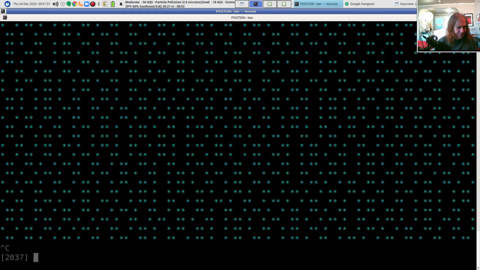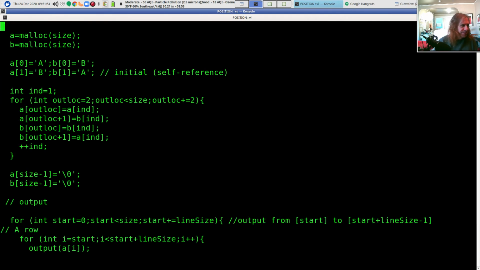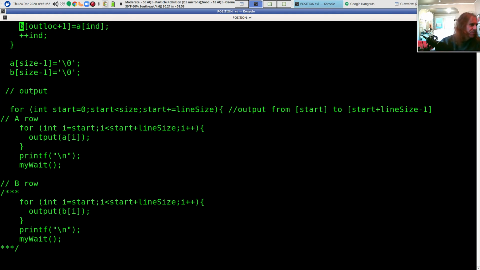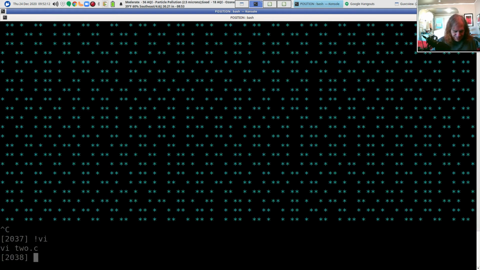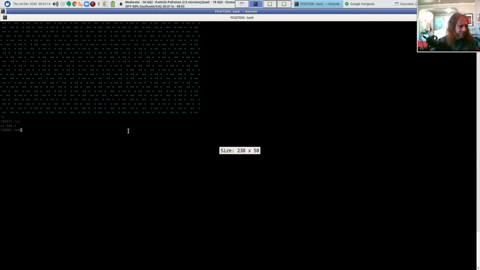What I'm doing in here is calling an output routine. Instead of just printing the number, I'm calling output, and output will just print out either a space or a star. A space for an A and a star for a B. So this is another of Karina's embellishments on this.